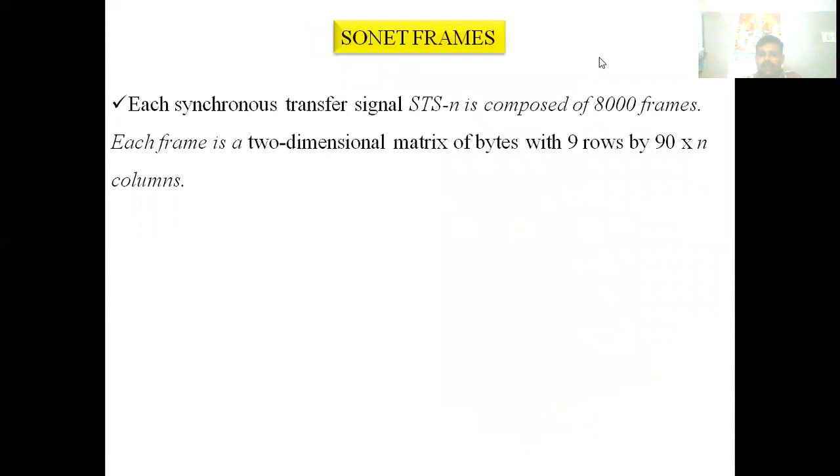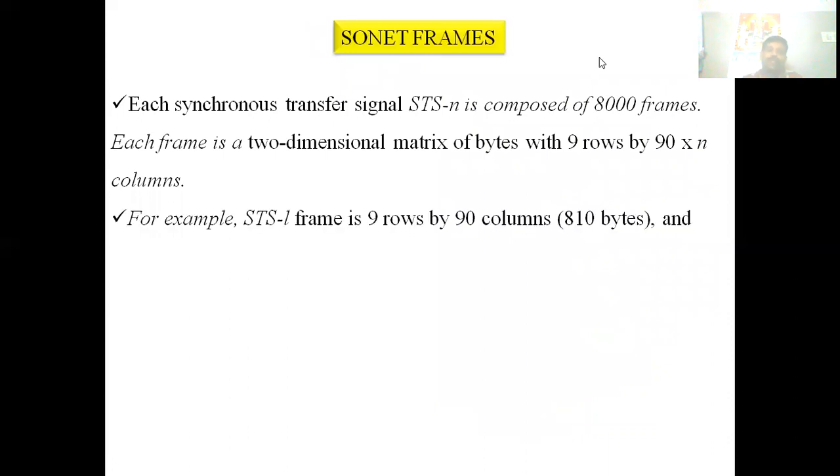Next one is the SONET frame. Each STS-N signal has 8,000 frames. One STS-1 frame has 9 rows and 90 columns.